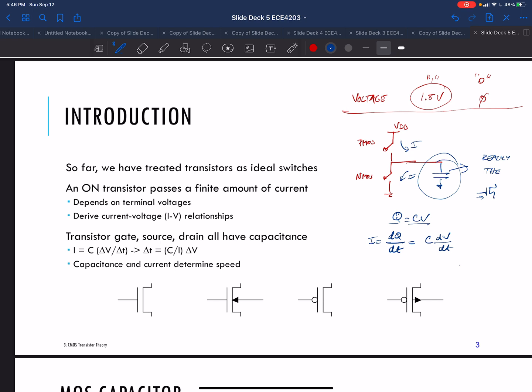If you want to see how fast you can charge and discharge that node, this dV/dt is equal to I over C. So the higher the current that you have, the faster this change in voltage with time, so the faster you can transition from a 1 to a 0 and vice versa. And the higher the capacitance is, the higher the load that you're driving, the slower this will be. Okay, so this combination of your current drive